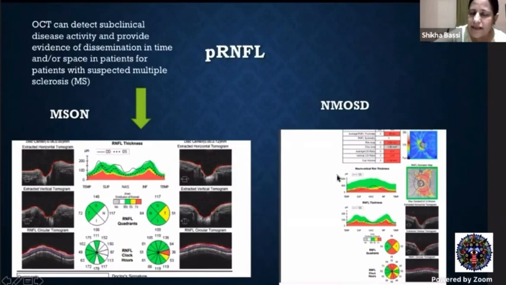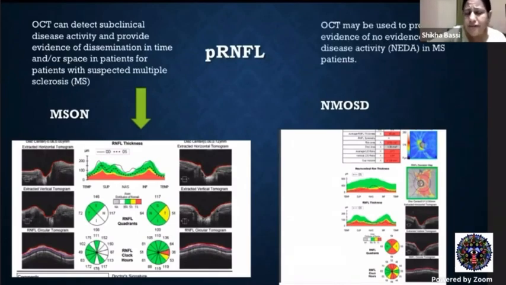Now, this is a patient of NMOSD, where the vision, we know it's a more severe form of optic neuritis, was lost in the right eye and the OCT could not be done. And in the other eye, where the vision loss is severe, we can see that the red areas signify severe loss of the peripapillary retinal nerve fiber layer in the superior and inferior quadrants, which we already have seen is indicative of NMO spectrum disorder.